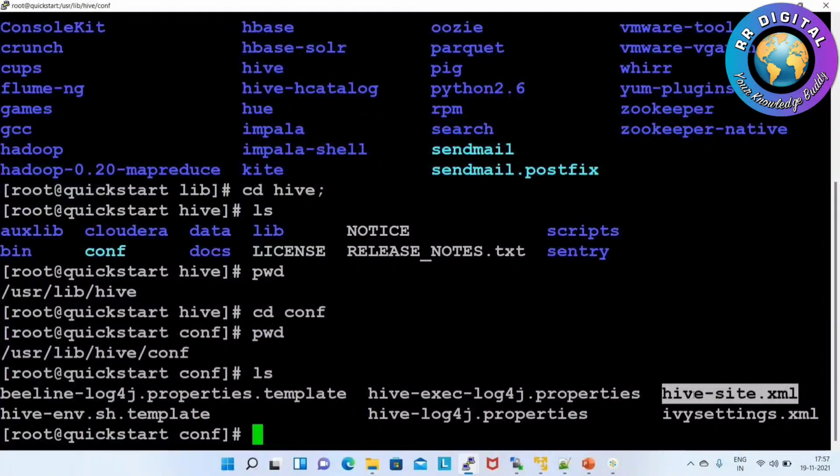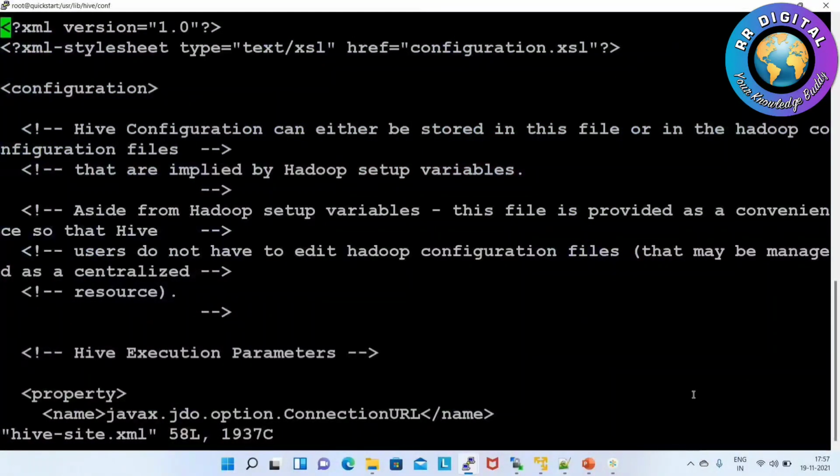To modify this XML file we use the vi command: vi hive-site.xml. Now I entered insert mode.